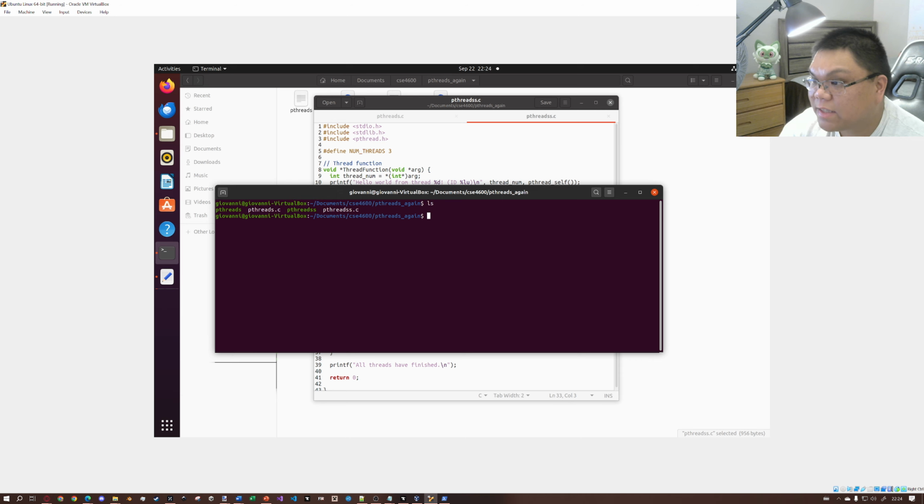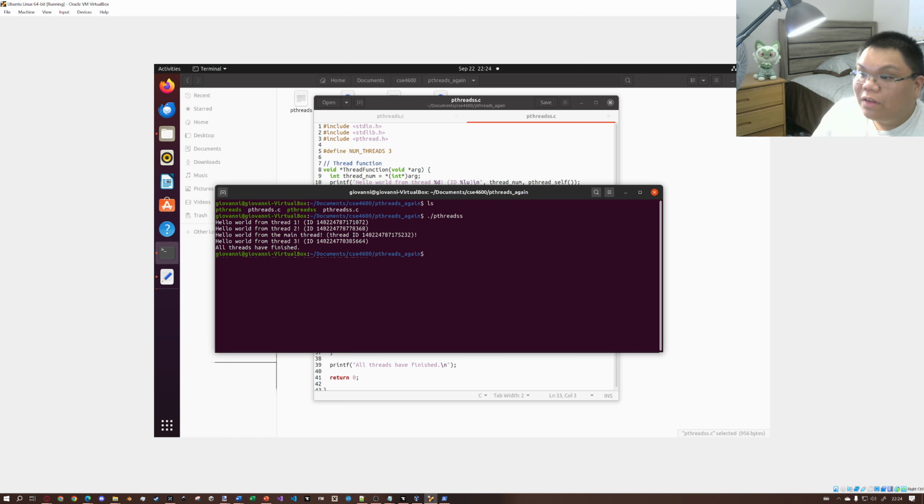If I type in ls to see what programs we have, pthreads with two s's. So I'm going to run that. ./pthreads, and now there we go. We have a multi-threaded program, and this is really neat because what is stopping us from having a program that